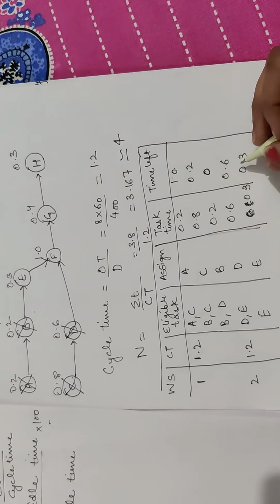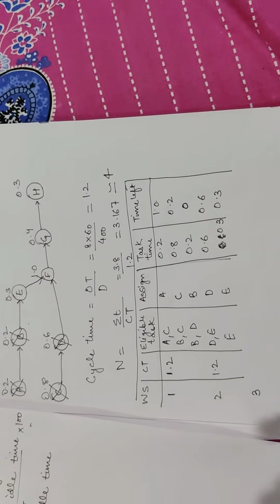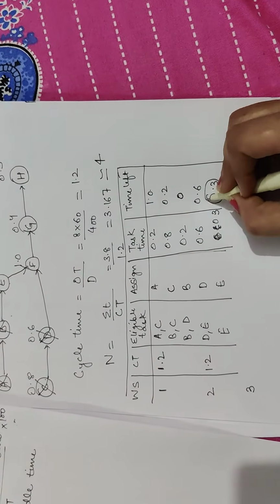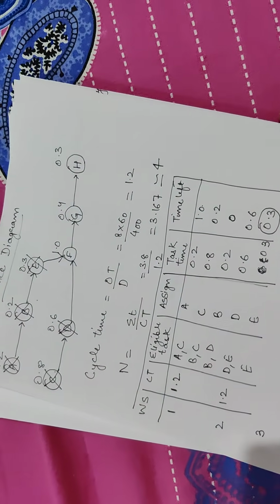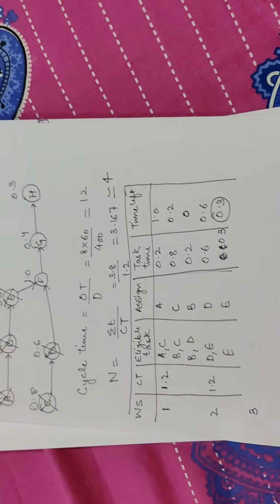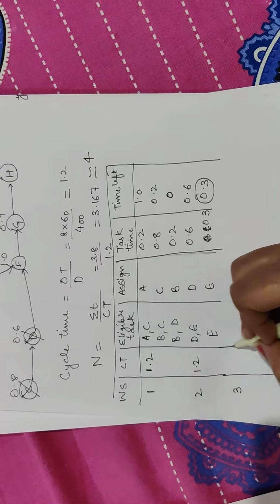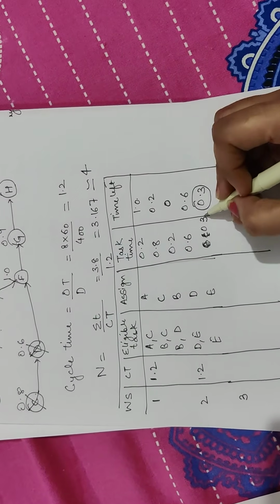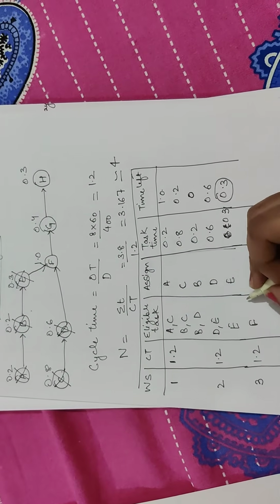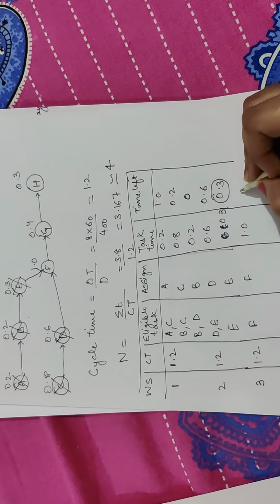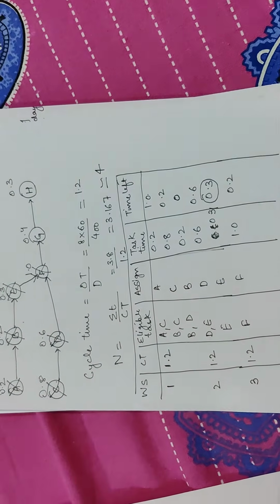Clear all of you? So next is third workstation. Why will I go to third workstation? Because the time left at second workstation is 0.3 and the next task which is to be assigned is F. तो F का जो टाइम पीरियड है वो है 1 मिनट का, and second work station पे time left is 0.3. तो it is not possible to assign it at the second work station. तो now I will move to the third work station जहाँ पे F will be assigned, and F time period is 1 minute and the time left is 0.2 minute. Clear all of you? Now my F is also assigned.